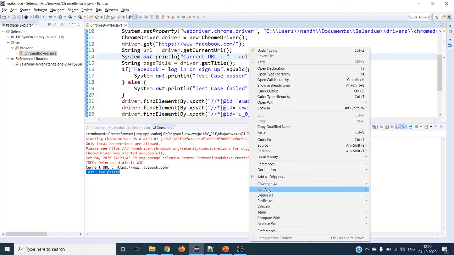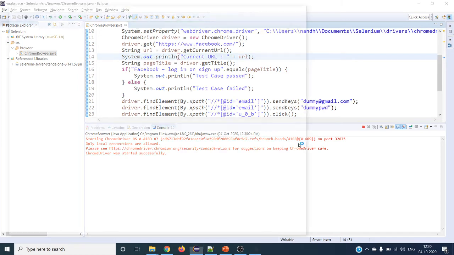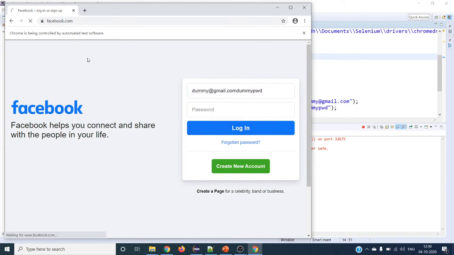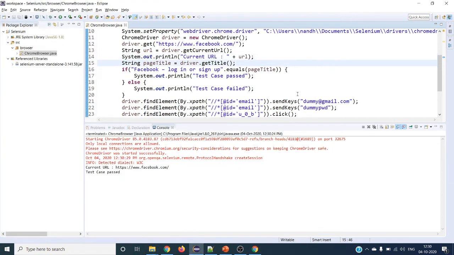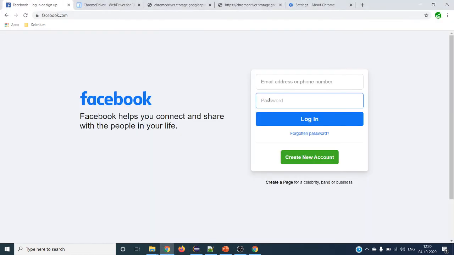Right click, run as Java application. It opens the browser, launches facebook.com, and enters dummy@gmail.com. Here you can see the dummy password is entered in the same input text, because we have given the same XPath as the email address. So let's correct that.